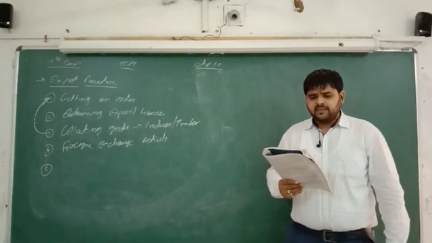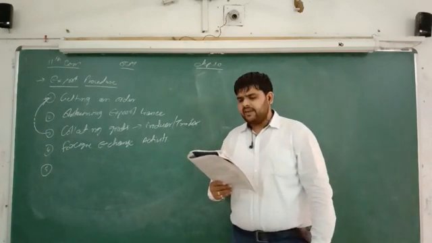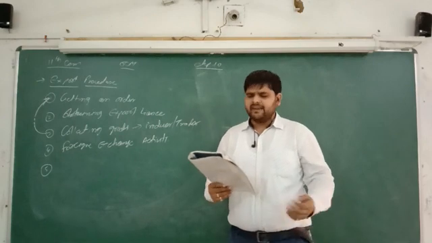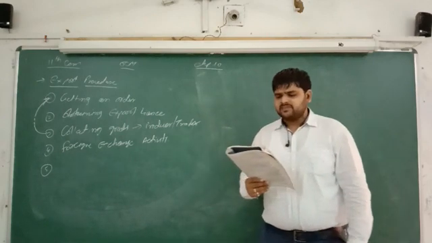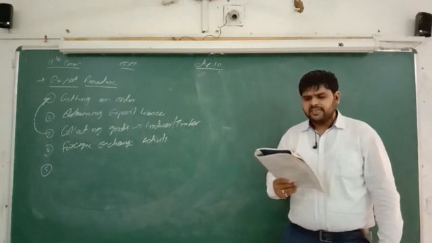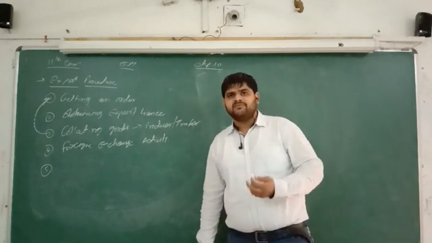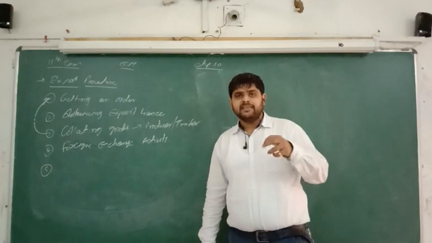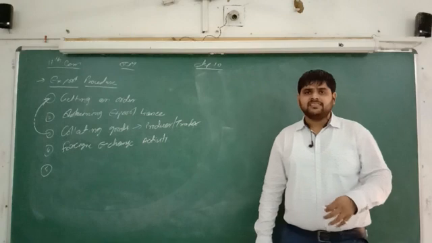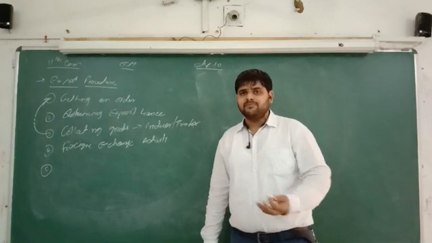Next one. The exporter has to provide complete details in the application regarding how much foreign exchange he is going to earn, because the sales amount is equal to the foreign exchange amount. The exporter has to submit a copy of this application to the bank or institution through which he made the transaction. So two copies he will give, one to RBI and second to his bank, because they are receiving the currency from RBI into their particular bank account. So we have to give two copies.